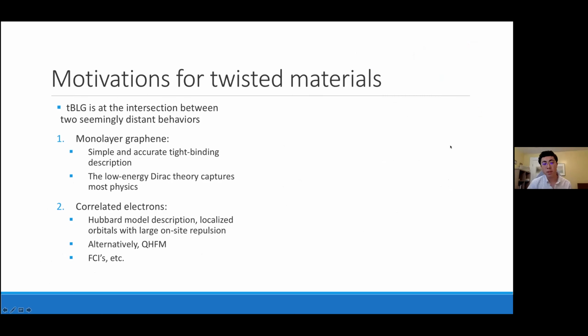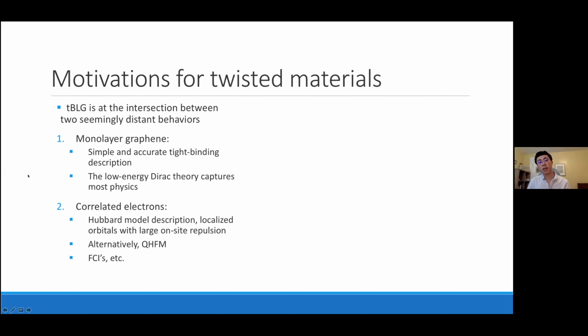So now that we have some of the language and the material architecture, we can think about motivations for studying twisted materials. Well, actually, to start off, it's not quite a motivation, but a wonderful observation, a set of observations that have been made over time. And it's that twisted bilayer graphene has been experimentally found to lie at the intersection of two seemingly distinct classes of phases. It's describable in terms of a joint cohesive argument in terms of two descriptions of phases.